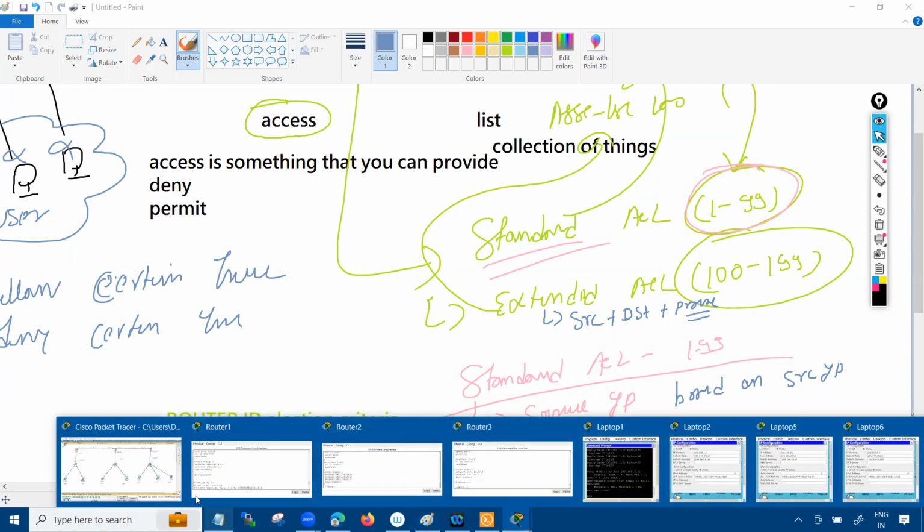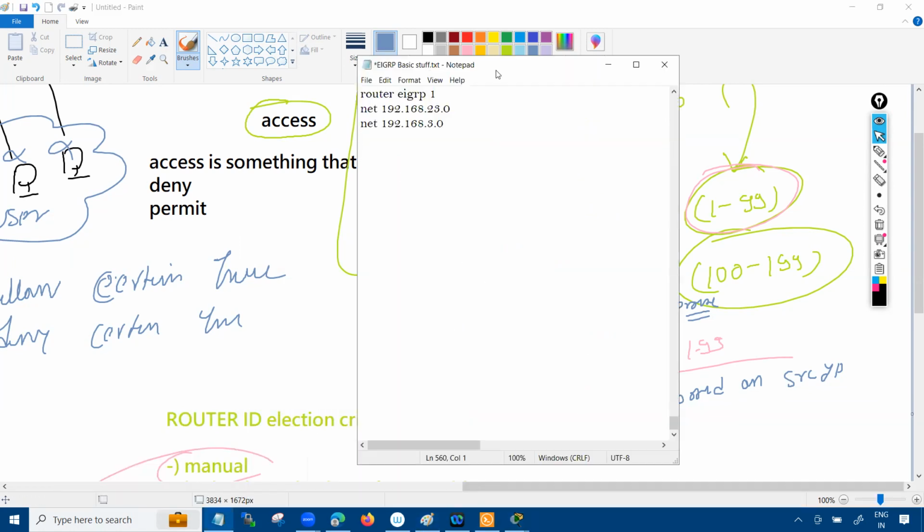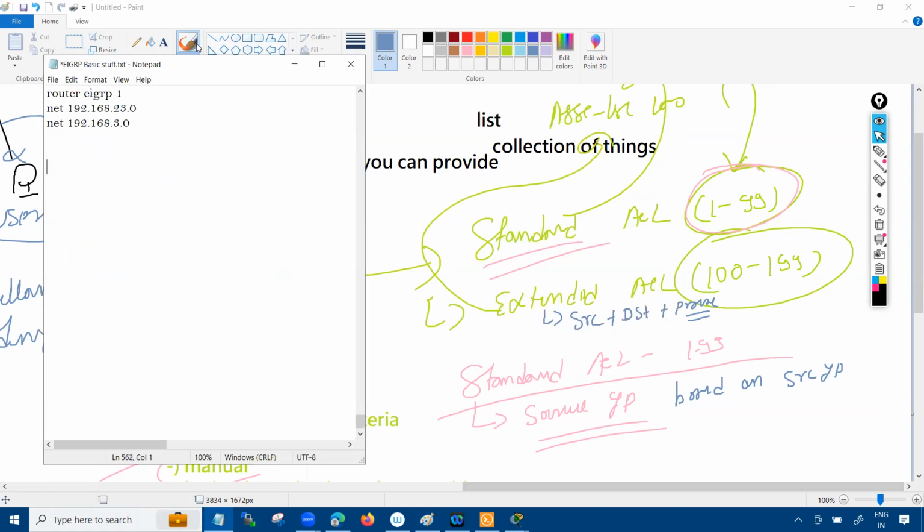So what I can do, I'll simply configure this lab on router number 1. So I'll use access-list. That's the first command. And then you need to define what ACL I'm going to use. Am I going to use the standard or extended? If I'm going to use the standard, I have to put the number 1 over there. This is just an identification of the ACL, because on a single router, you could have multiple ACL